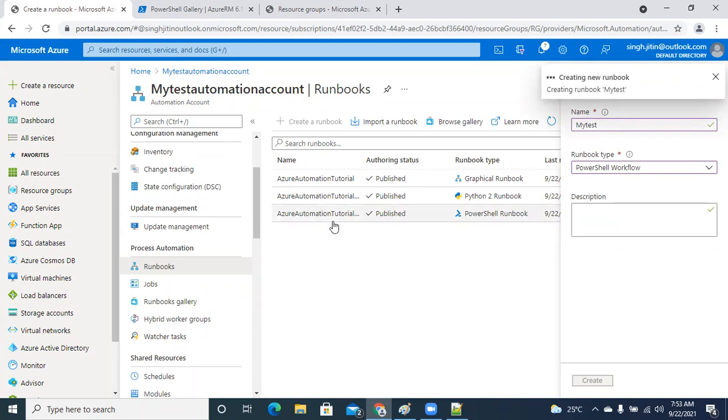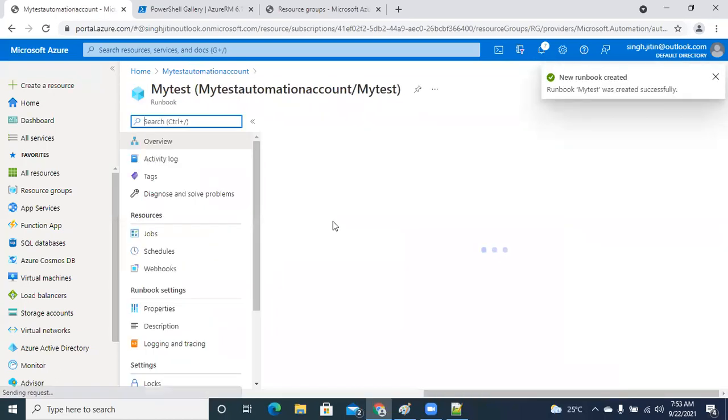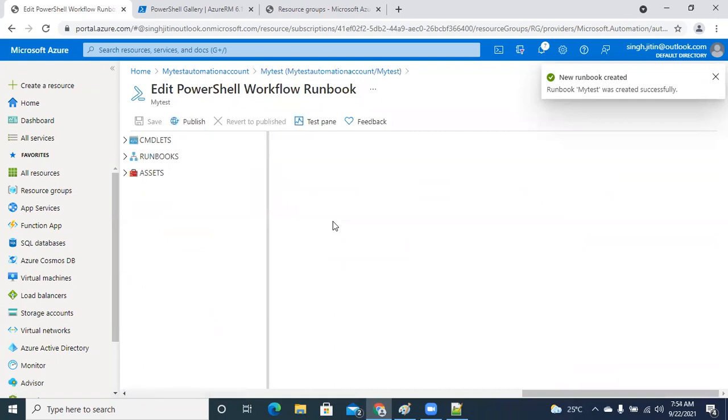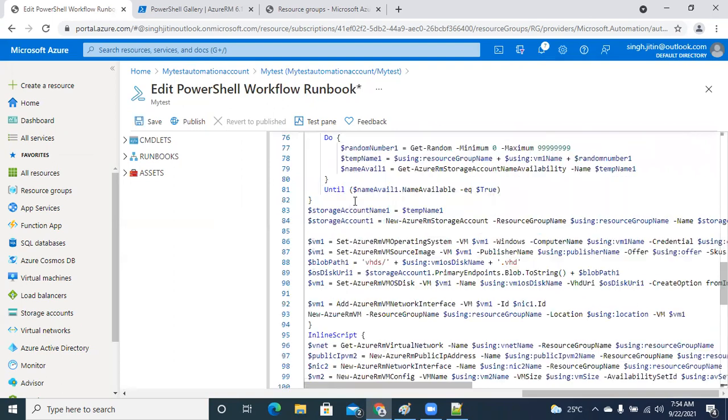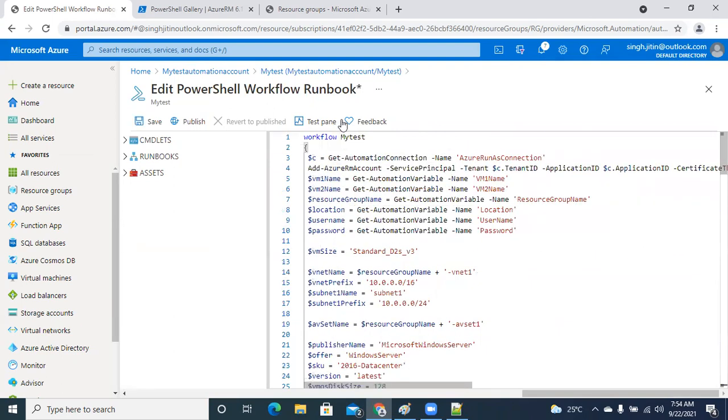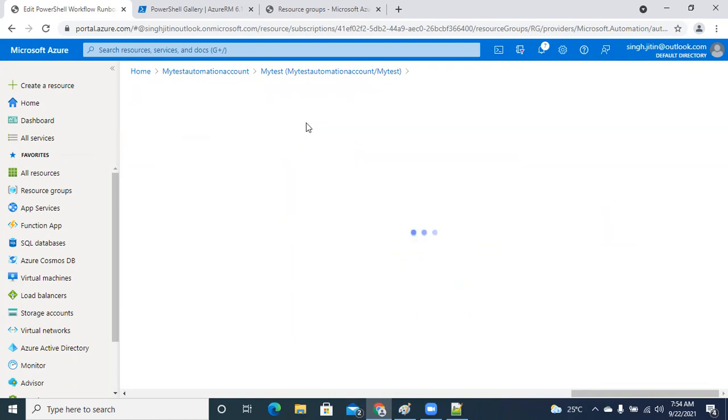The moment you create it, it will give you a test pane where you will be able to execute this. The best part is, guys, that you don't have to install any sort of platform-related information over here. You just need to take care of the framework by importing the libraries. So I'm just going to paste the script that I had over here. Now I'm going to test this particular script.